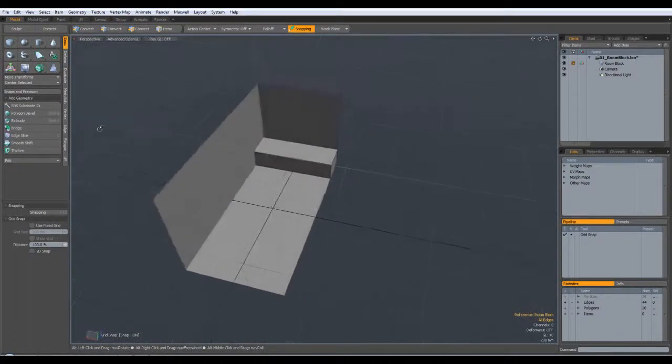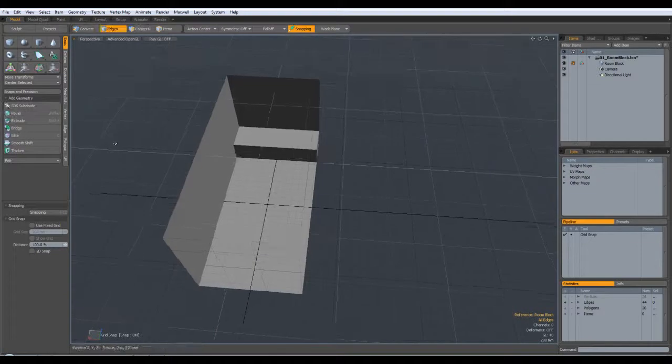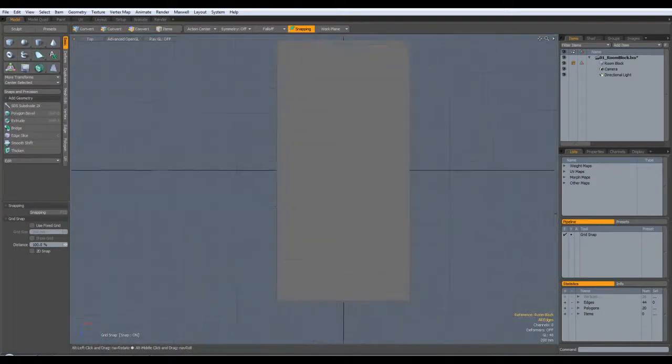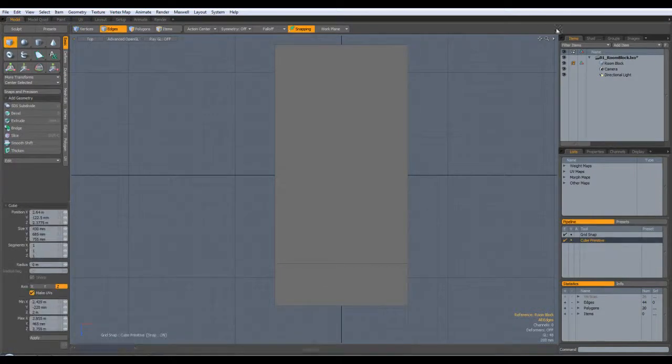So far so good. Now I want a sink, so I'm just going to go over to a top view. I'm just going to select a cube here. So I'm using a different actual primitive now, rather than working by sort of changing the geometry of the original box. I'm just going to drag out a cube here. Now the sink I've got here in the house,